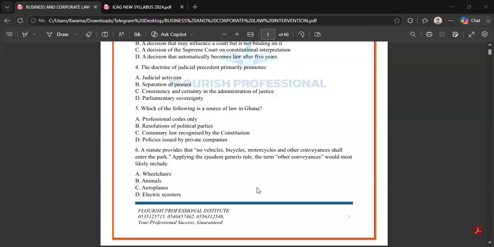So actually, in case the same issue comes up again, we can base on earlier decisions made by the court. And we know that this is how it first ruled. So now it should rule in a similar way to ensure fairness.